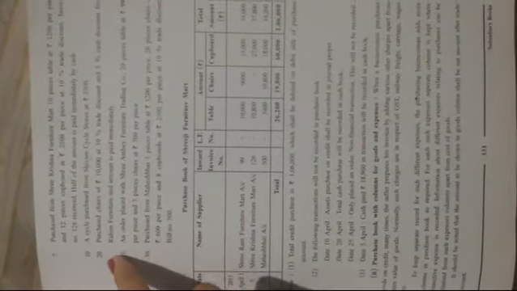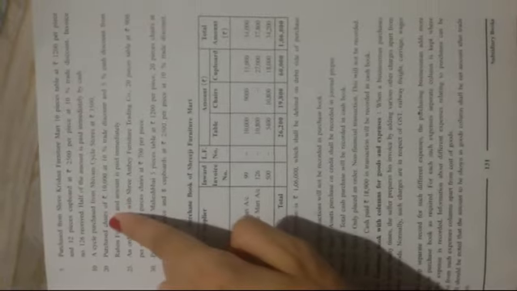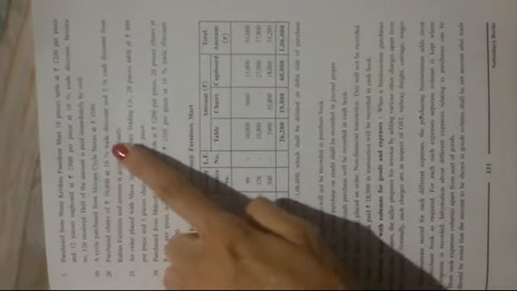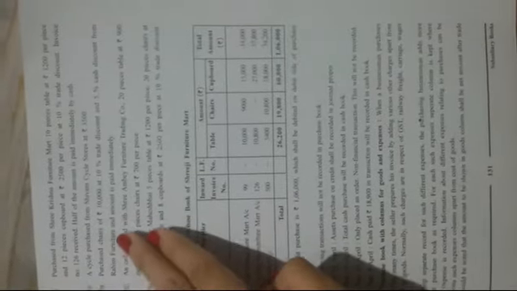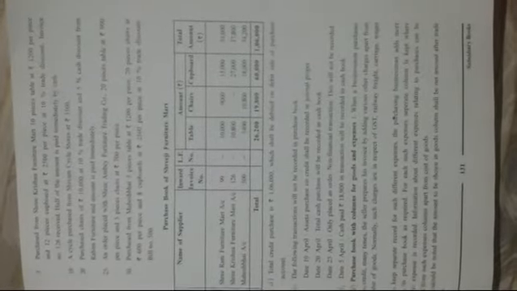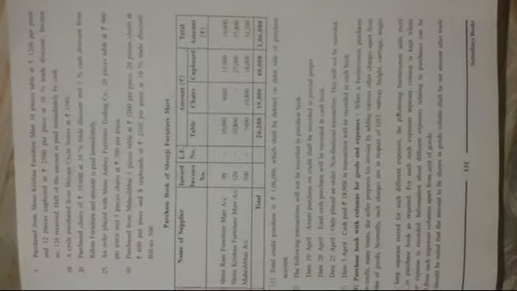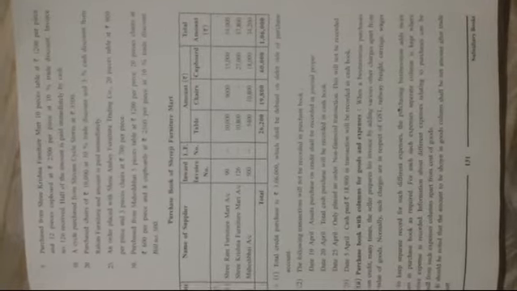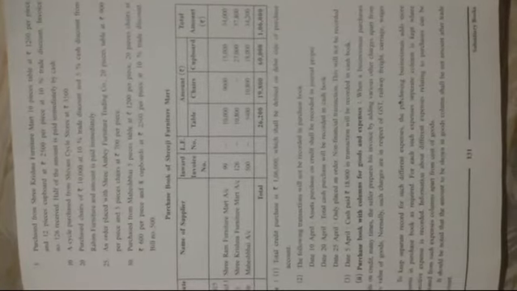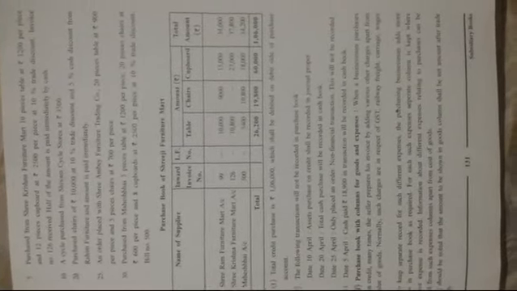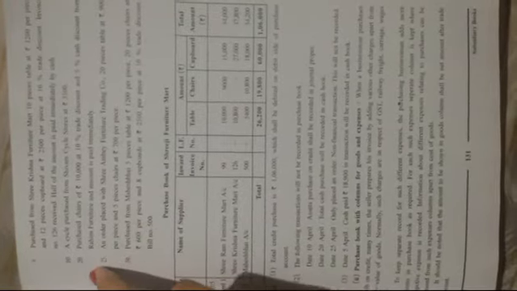Then next is, purchased chairs of rupees 10,000 at 10% trade discount and 5% cash discount from Rahim Furniture, and the amount is paid immediately. Obviously cash would be paid. Therefore cash transactions are never recorded in the purchase book. Only credit purchase of goods is recorded in the purchase book. So again this transaction would not be recorded in the purchase book.